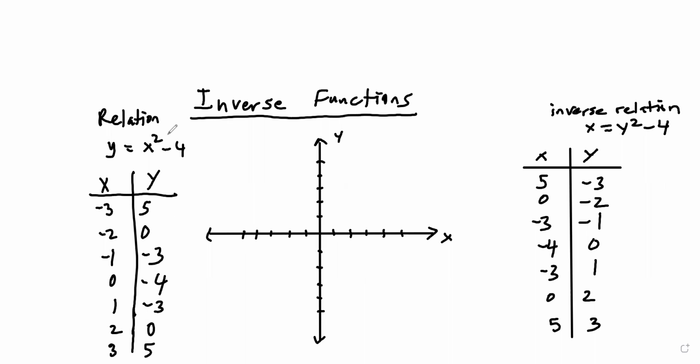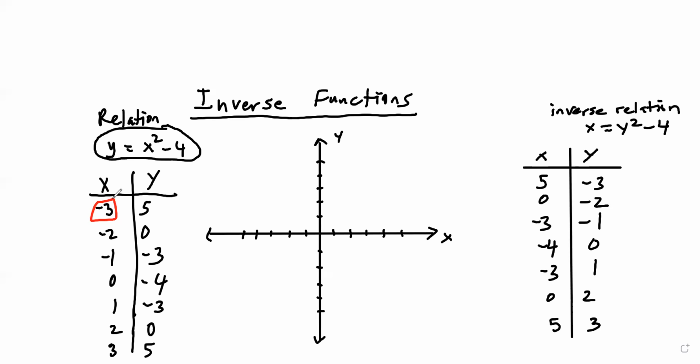So here I have a relation, and that is y equals x squared minus 4. So x and y are related by this equation. I just pick some values for x, starting from -3 and going all the way to 3, and then I plug each of these x values into the equation and compute the corresponding y value. For instance, for the first one here, I pick